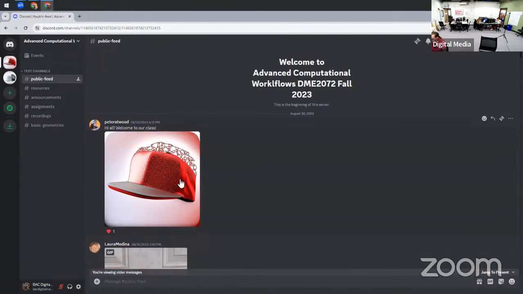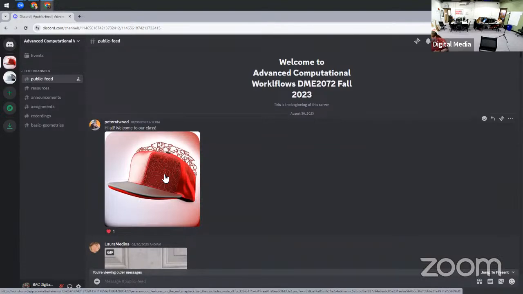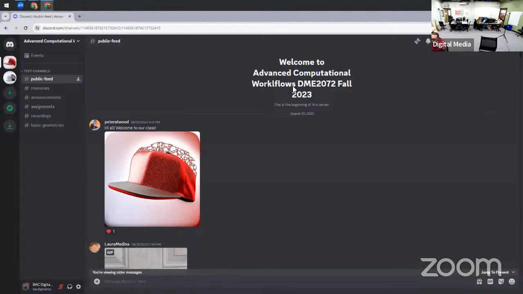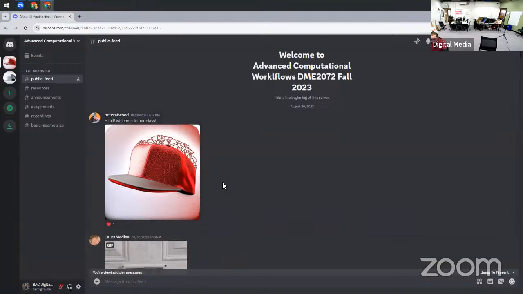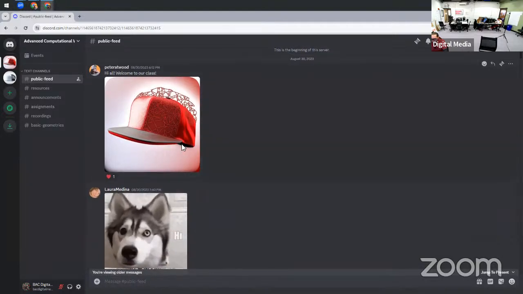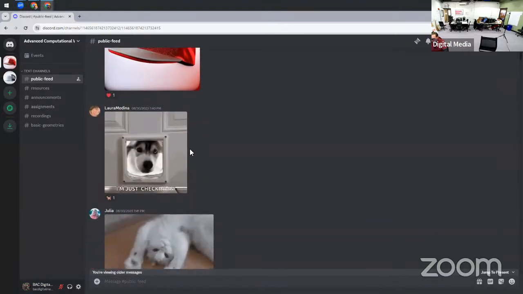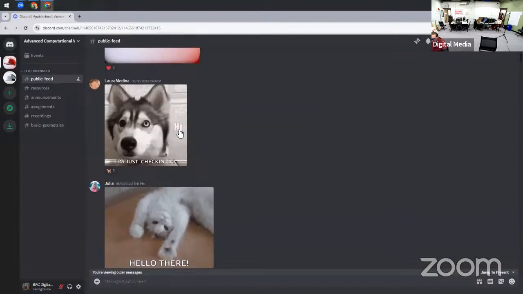All right, so this is the start of our conversation. We have this amazing hat. This is not a workshop, which is why, well, it is a workshop. No, this is not a workshop. It is a class as a part of the digital media education department. But it is not officially a workshop, and I almost always wear hats when I do workshops. So I do post this. You can see I use them. And then we just see us all saying hi.